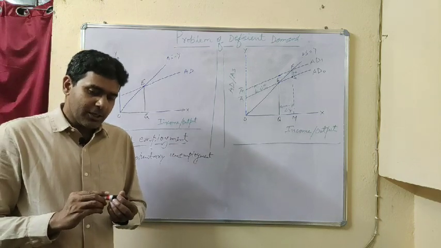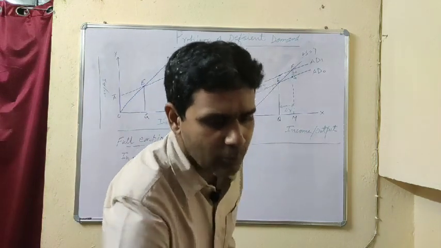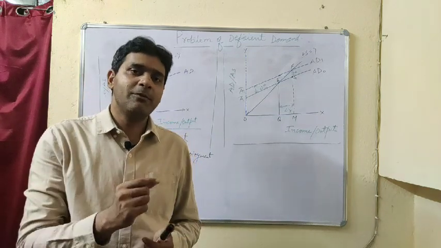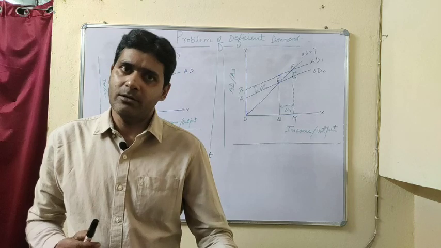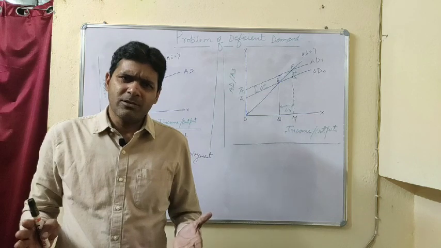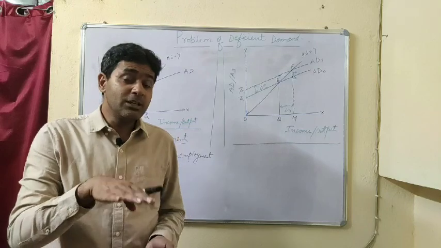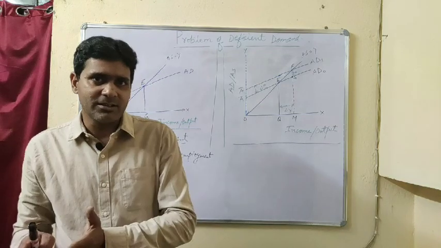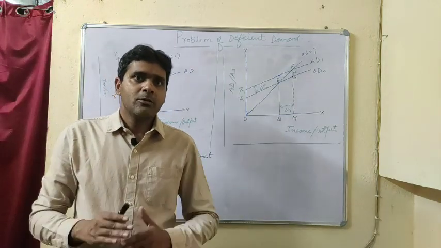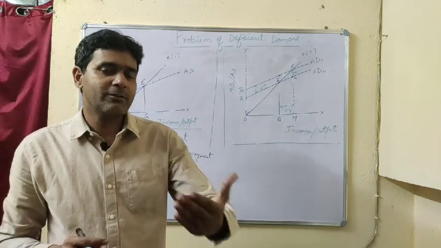What is involuntary unemployment? Involuntary unemployment is a situation where the people who are able to work and are ready to work at the prevailing wage rate can find the work or can find the job. There may be certain other people who are able to work but they are not willing to work. So these people are not considered under the workforce of the country. We only consider those persons who are able to work and willing to work at the given wage rate.